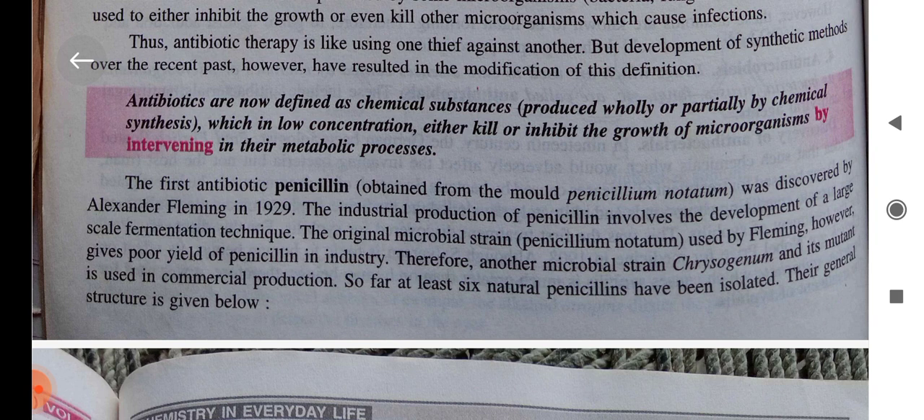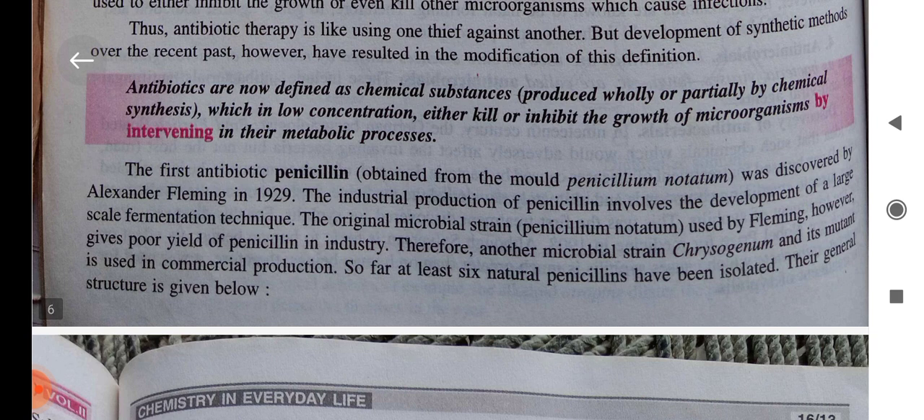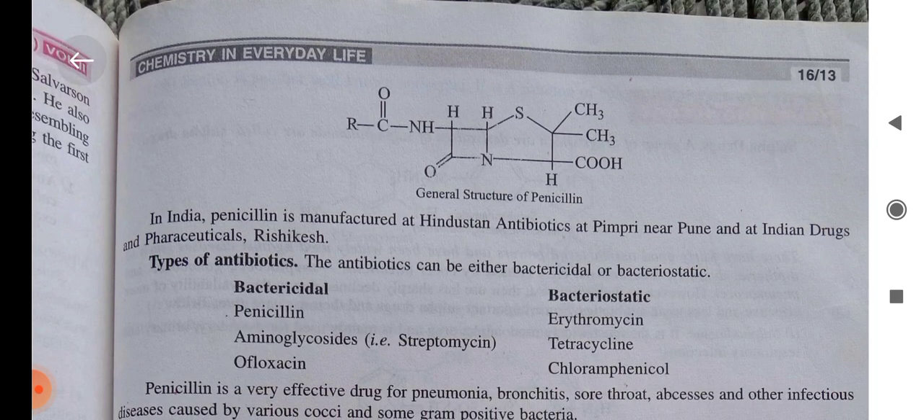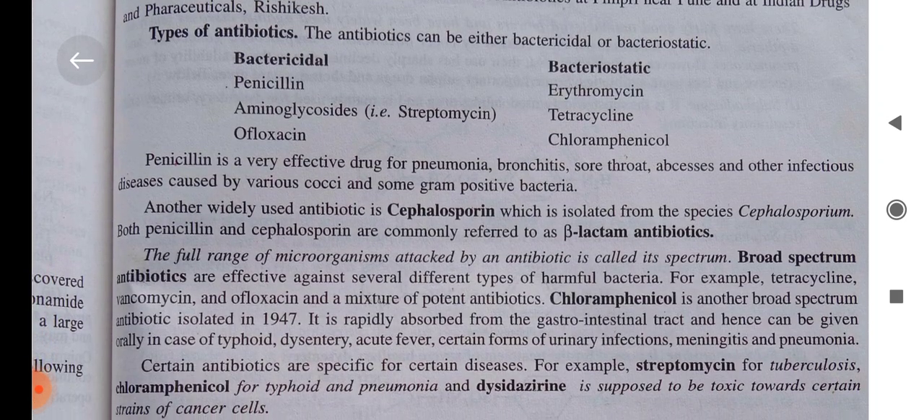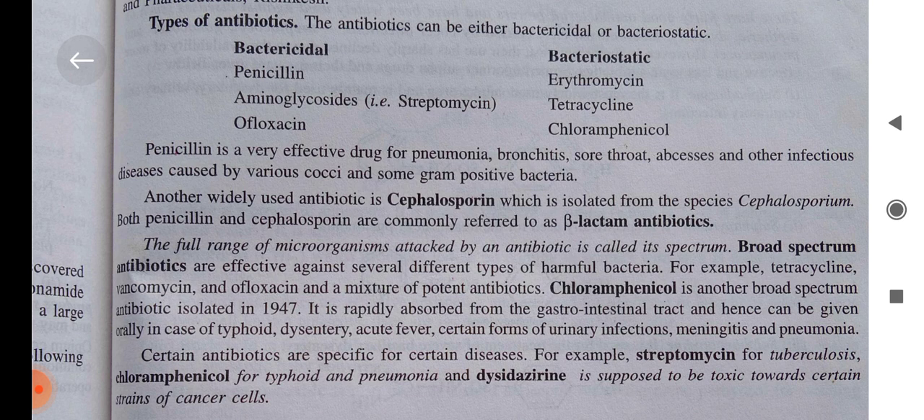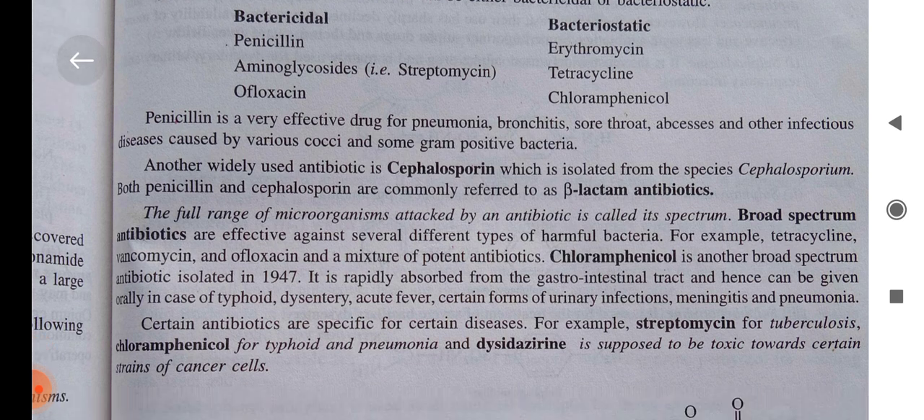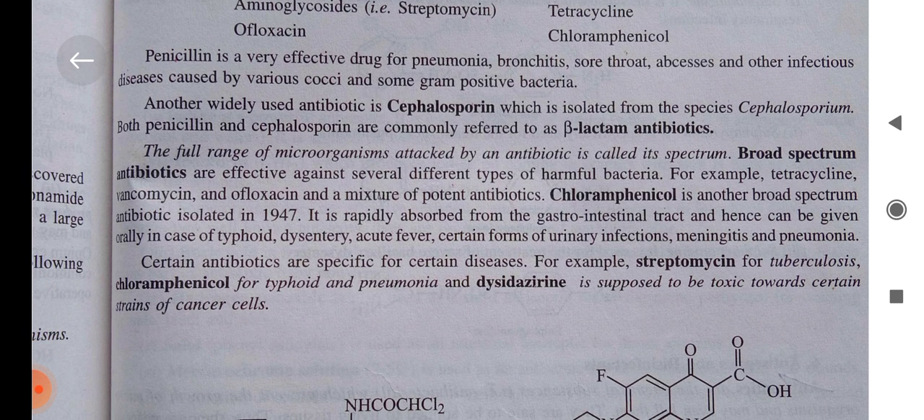Therefore, another microbial strain, Penicillium chrysogenum, and its mutant is used in commercial production. So far, at least six natural penicillins have been isolated. After that, types of antibiotics. The antibiotics can either be bactericidal or bacteriostatic. Penicillin is a very effective drug for pneumonia, bronchitis, sore throat, and other infectious diseases caused by various cocci and some gram-positive bacteria. Another widely used antibiotic is